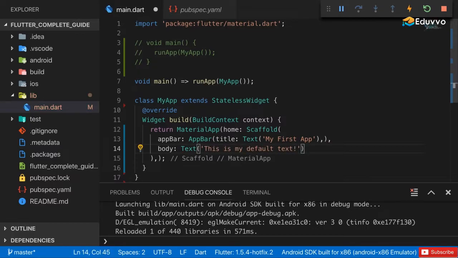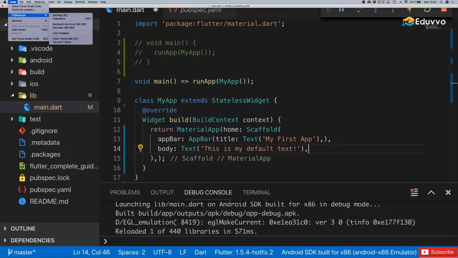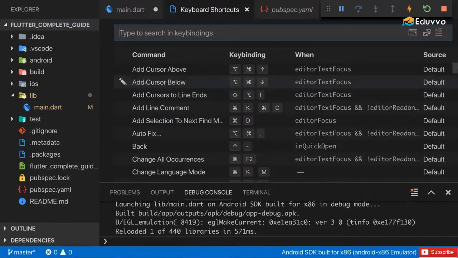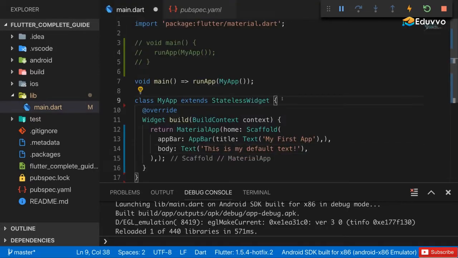Now, one recommendation I have here, always add a comma after closing parentheses, because this will allow you to auto-format this in a very readable way. And that's just a feature the Flutter extension for Visual Studio Code and also for Android Studio offers. You can format your document with a certain key binding, and you can find that if you go to Keyboard Shortcuts, and there you search for Format Document in Visual Studio Code. Then you should find a key binding, which you can also change if you're not happy with the default. With that key binding, if you press that,